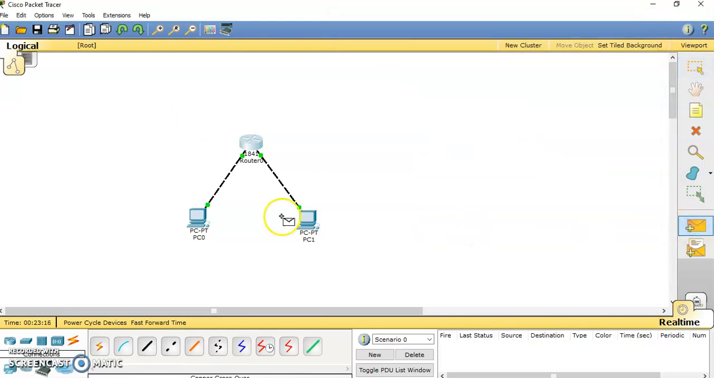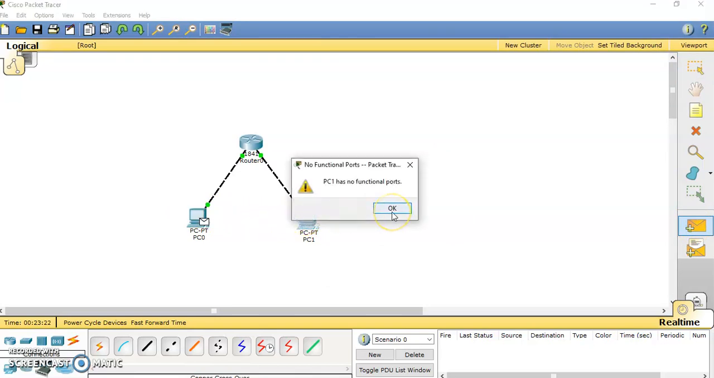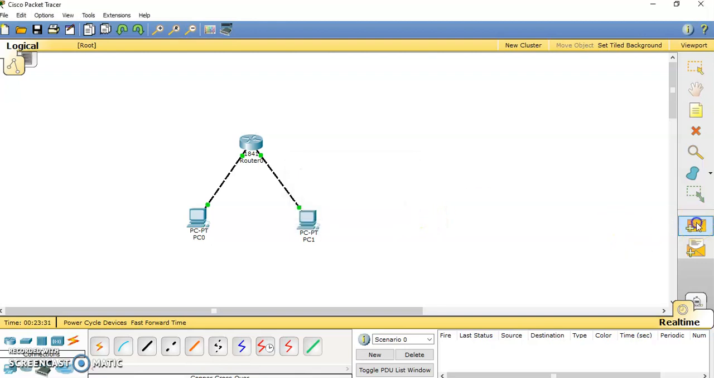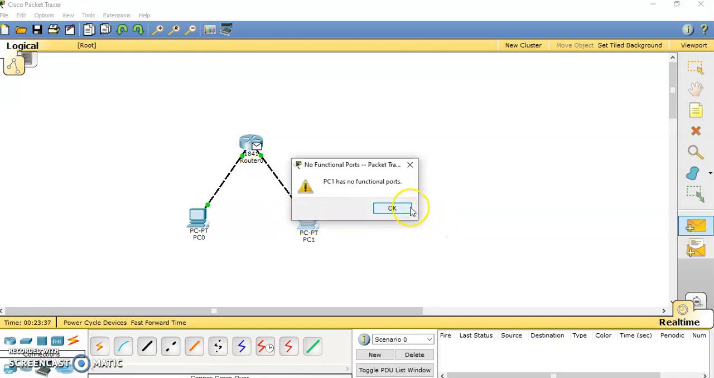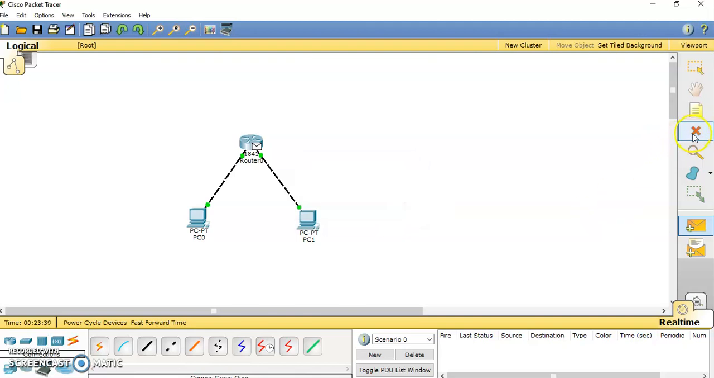So I am sending an information. As you can see, there is a remark here: PC1 has no functional ports. So that means they're not yet ready for any communication. Alright, so what we are going to do at this moment is